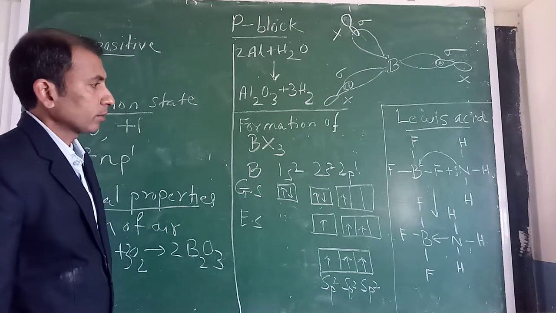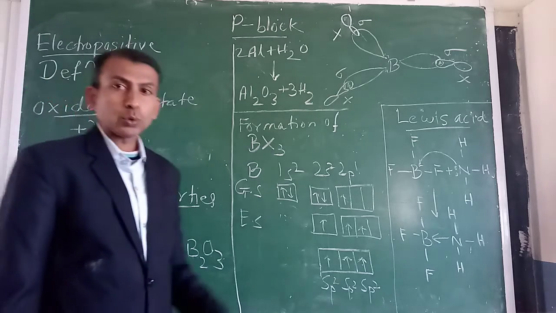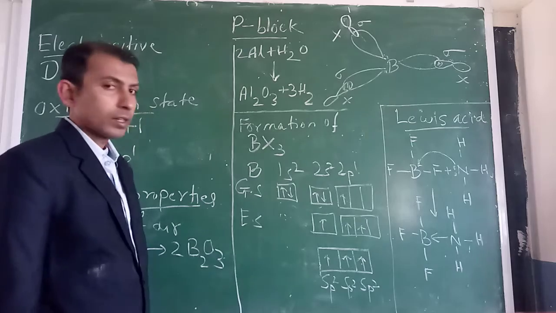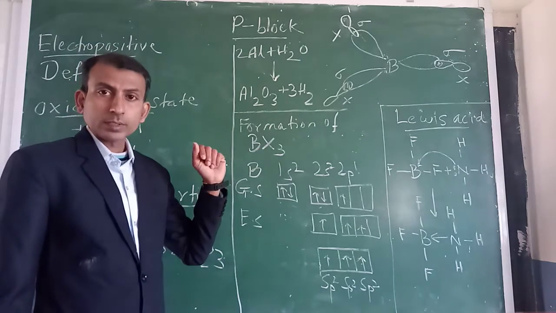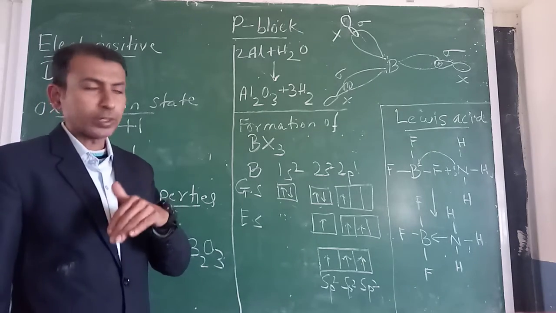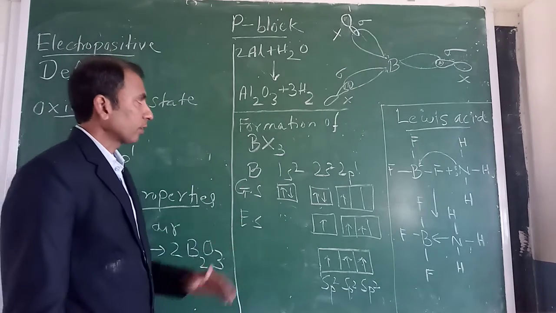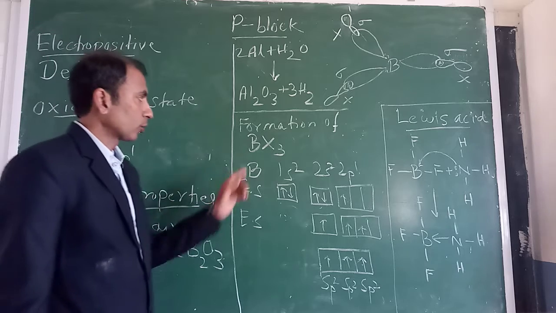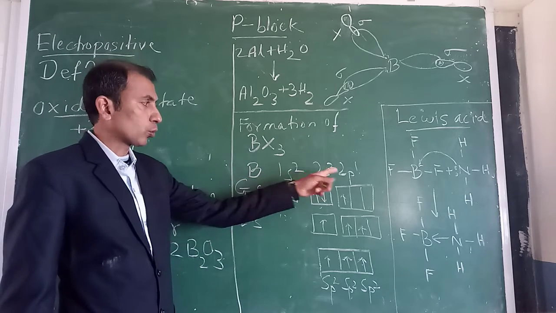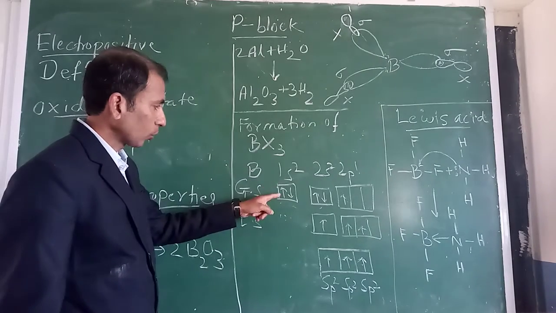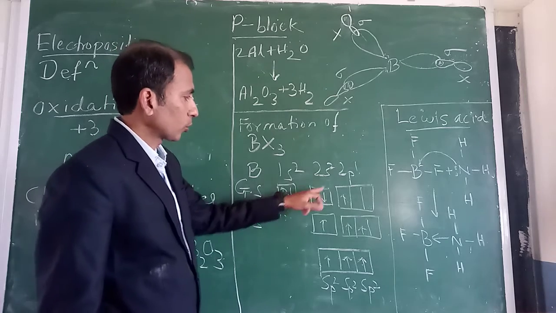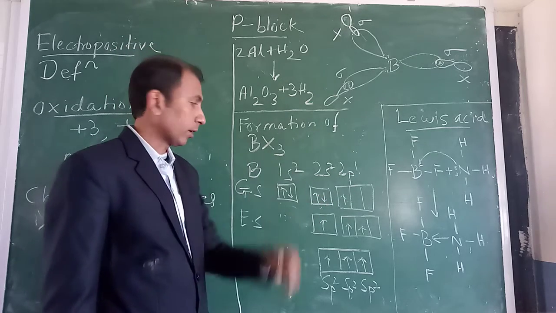Now a very important question, slightly lengthy, can be asked for 2 to 3 marks. So formation of BX3, where X stands for capital X, halogen. Halogens, any halogens? Fluorine, chlorine, bromine, iodine. So how to start the answer? We have to show the formation of BX3. So central atom is boron. Okay, boron, electron configuration 1s2, 2s2, 2p1. So 1s2, 2 electrons you can show in the orbitals, that is box. 2s2, 2 electrons here and 1 electron in p orbital.